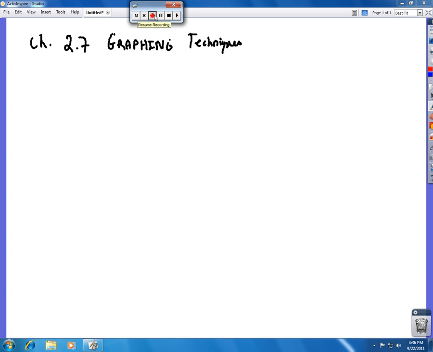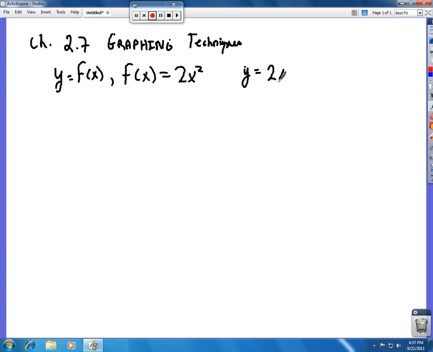Okay guys, we're doing chapter 2.7, graphing techniques. The main tip I have for you on this is whenever you're in doubt on how to graph a function, remember y equals f of x, where f of x, let's say, equals 2x squared. So you're going to be working with this problem here, y equals 2x squared. If you had a question or any kind of doubt, you don't even know where to begin here, always start